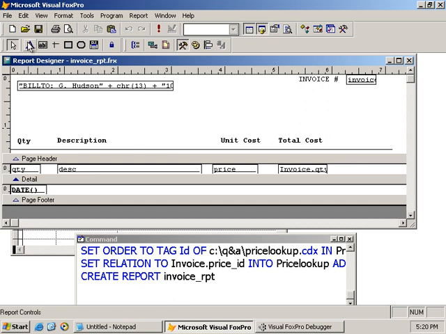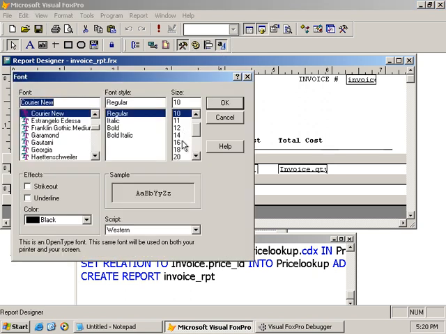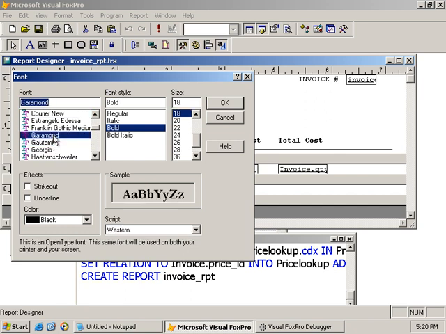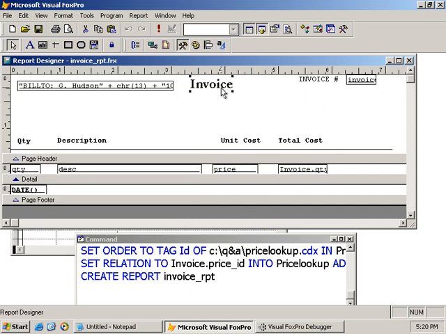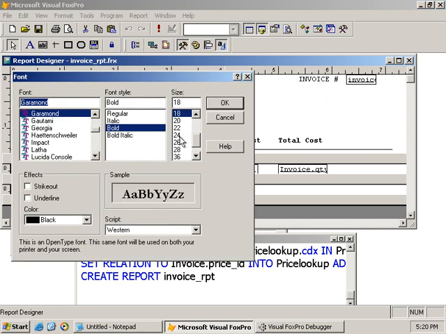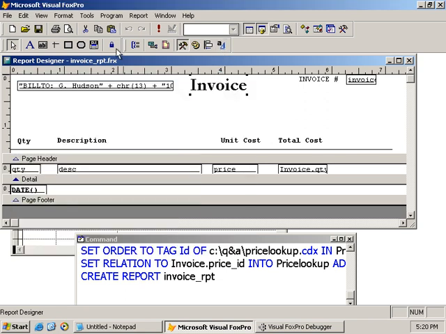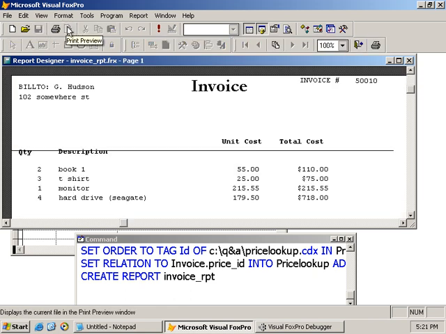Alright, so again, I'm not going to spend too much time. I'm already getting carried away as it is. Let's just put this here, and we'll have invoice in a nice big font. Let's use this one. 16 bold. Okay. Okay, save, preview. And so there you have it, invoice,